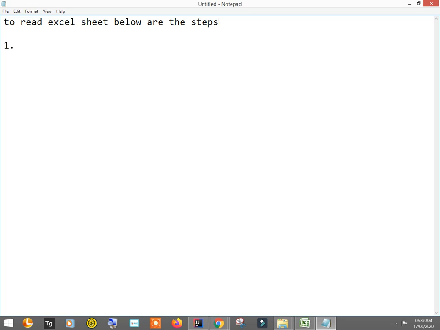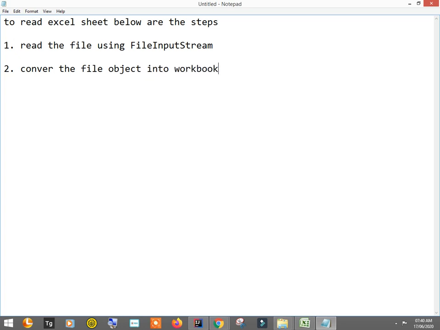The first step is to read the file using the FileInputStream class. Then the file that we just read is in object format, so convert the file object into a workbook object.